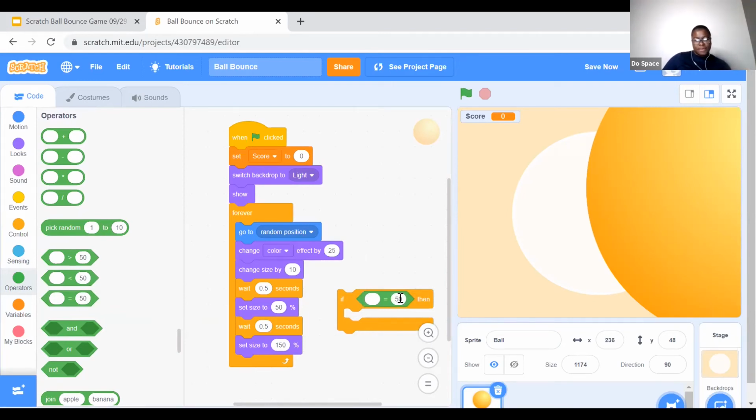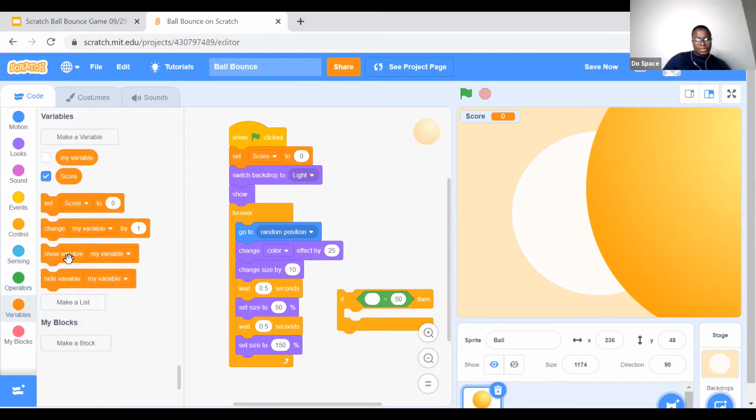So now go back to your variables and click on score, drag it, and place it in the first bubble right here. So if my score equals, like I said in the beginning, I'm going to make this pretty easy for myself, 10, because that's very attainable, right? Just for testing purposes. So if my score is equal to 10,